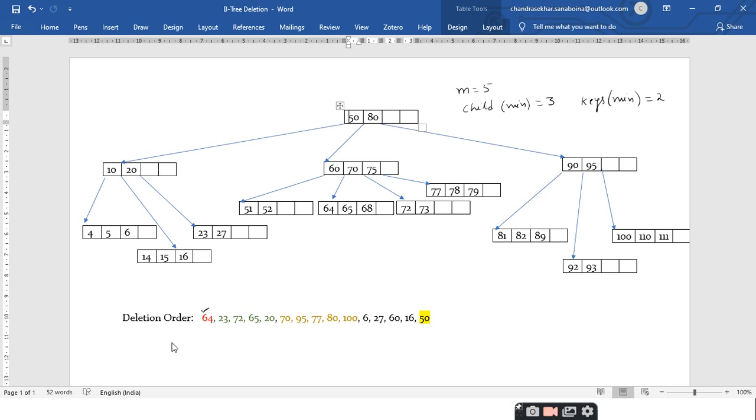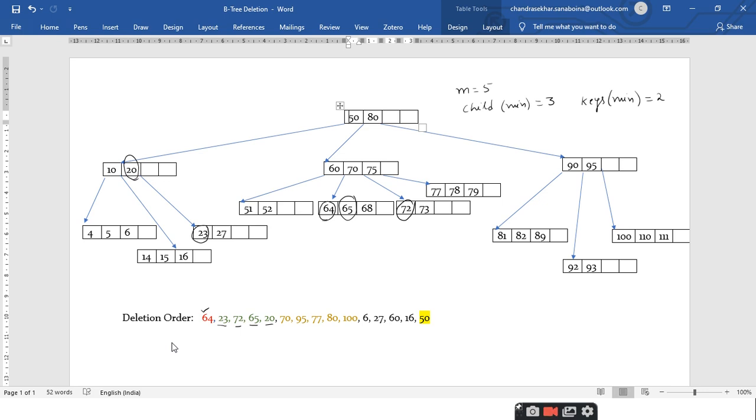In yesterday's class we deleted 64. This element, which is present in the leaf node, we deleted, and after that we removed 23. This is also a leaf node case, and 72 we deleted. This is also a leaf node case, and then 65. Where is 65? Here, 65, and finally we deleted 20 here.